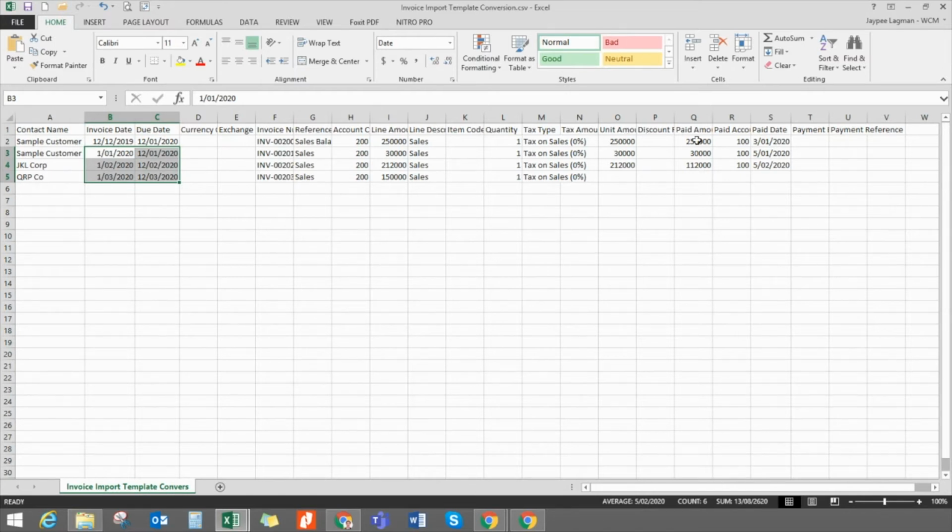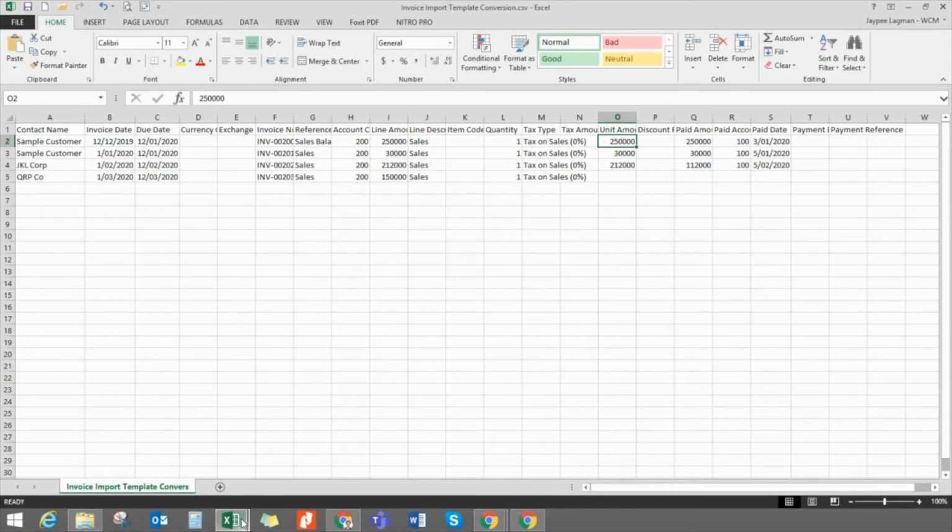With these payment details, Xero would read this template for the sample customer, and since it is not yet paid as of December 2019, the 250,000 will likely be the conversion balance that we expect to match,